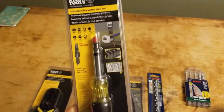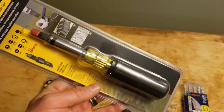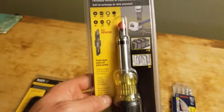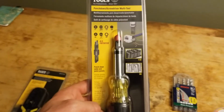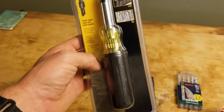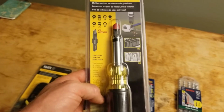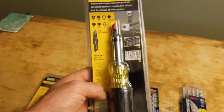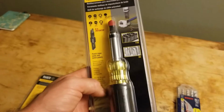I got the Klein Tools punch-down screwdriver multi-tool. I've seen a lot of negative reviews online from people who thought that this was an impact punch-down multi-tool, and it is not. It's a manual punch-down tool. Klein does make a cushion grip impact tool, but this is not it. This is a manual punch-down tool. In case I haven't said that already,